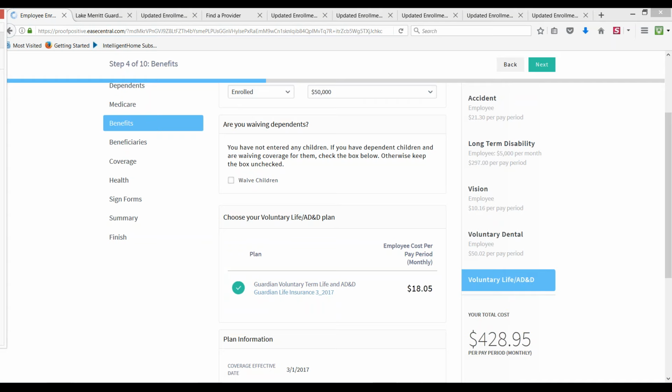And then for your children, you can get up to $10,000 for your child. Now, the rule used to be for life insurance that they could get 10% of what you get. So that's normally the way the policies are written. So just let me know. It may come up one way in the system, but let me know what it is that you're actually interested in if you are thinking about something different than what the website says. Okay, so without further ado, that's the way that's set up there.